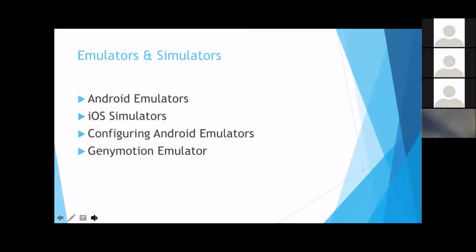So coming to Android emulators and simulators. Like I said, there are thousands of devices, and you cannot buy all the devices. Fine, if you want to test on some particular tablet or some particular iPhone, it doesn't make sense to go to the market and buy those devices. So there is an option called emulators, which are available on your PC, on which you can create a particular Android device, and it just emulates the actions of Android devices.